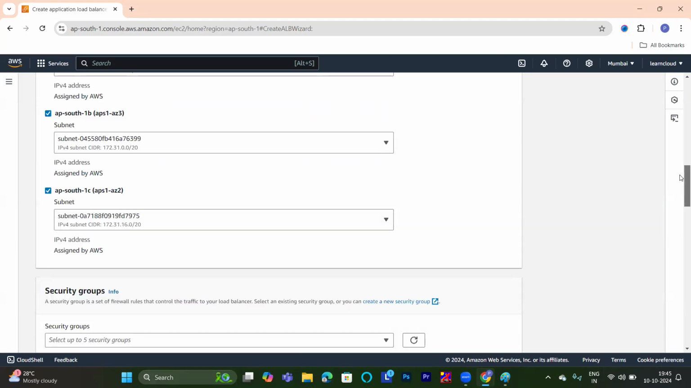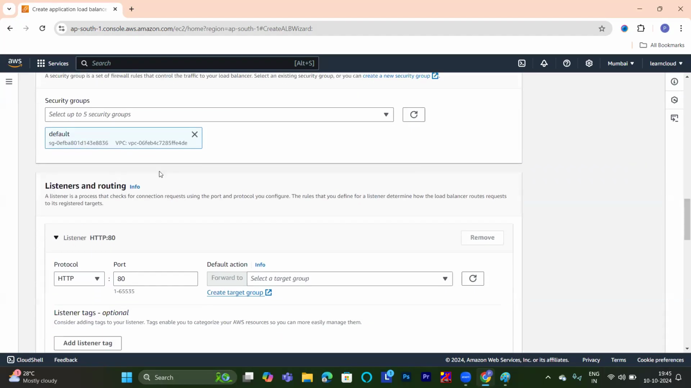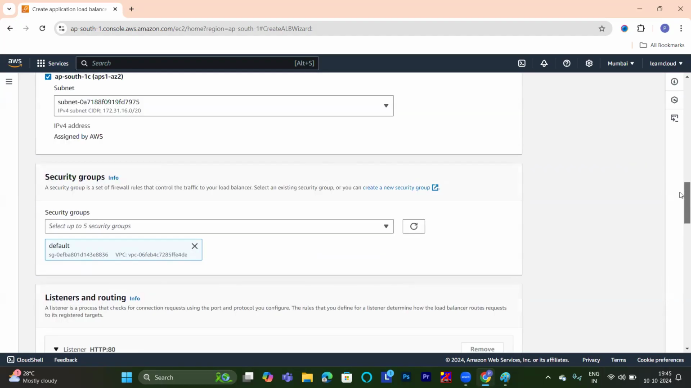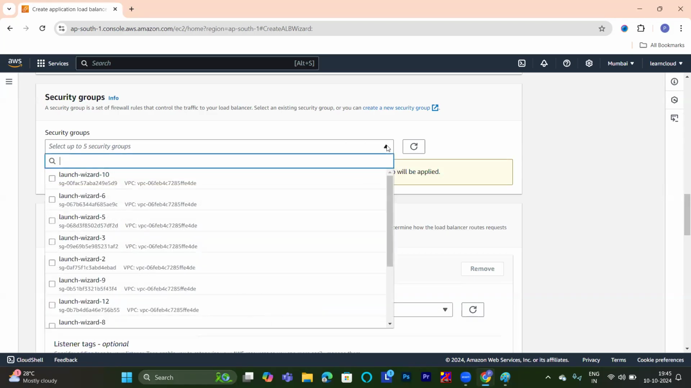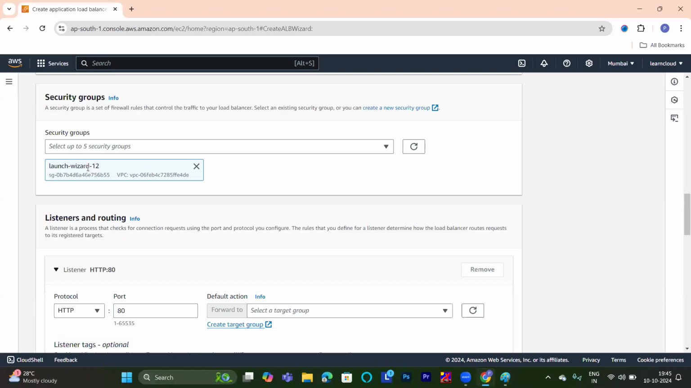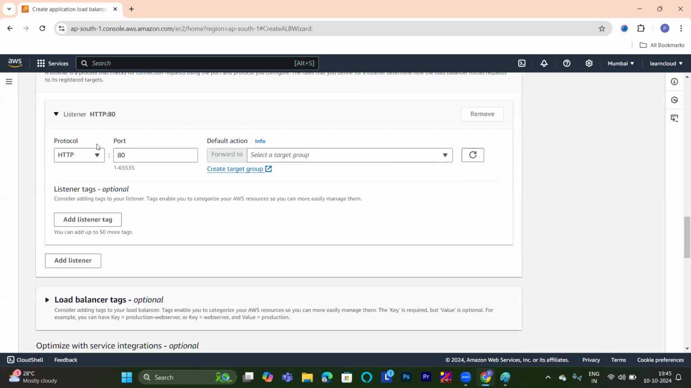Then what else do we need here? We need a security group. We are attaching the default security group, but let me change it to another security group. I am attaching the security group wizard-10-12 here. I am attaching a security group and the VPC. Then this is the default protocol, which we need to understand, because this load balancer supports